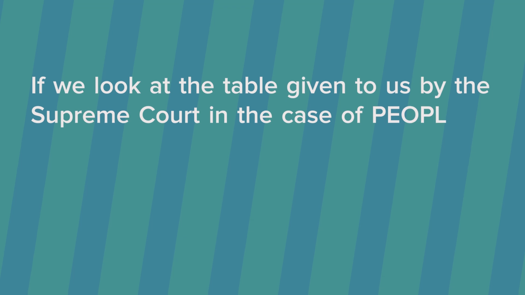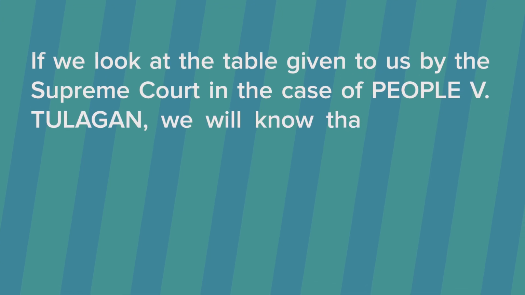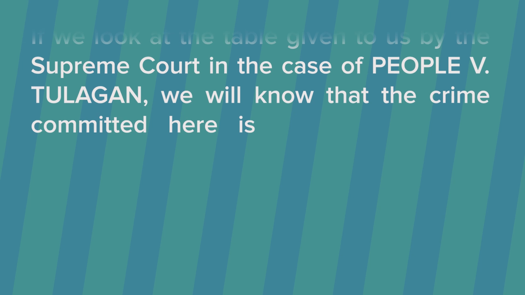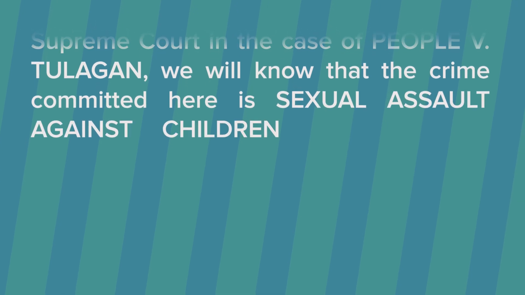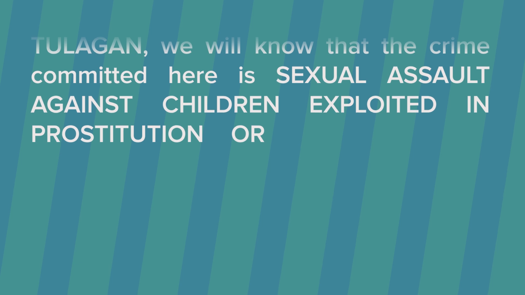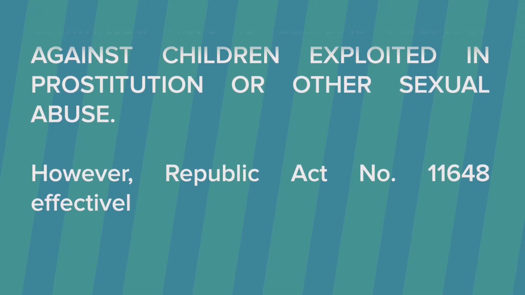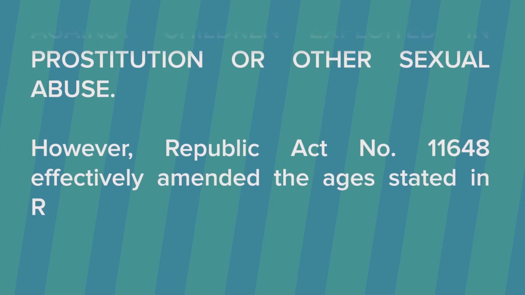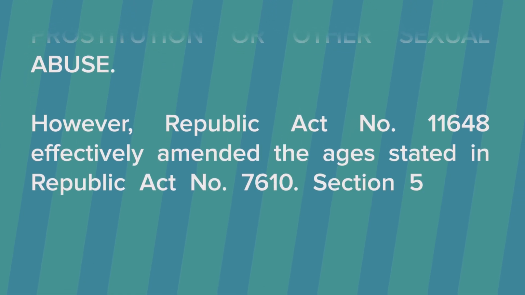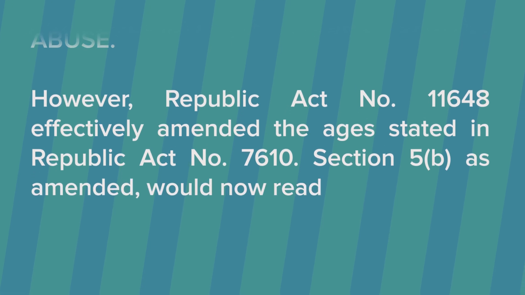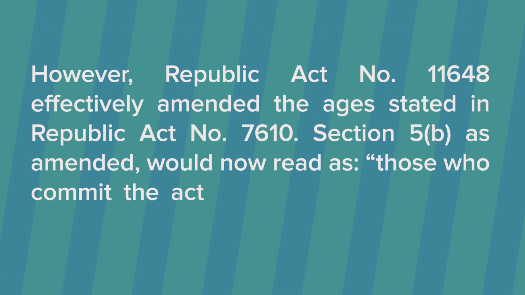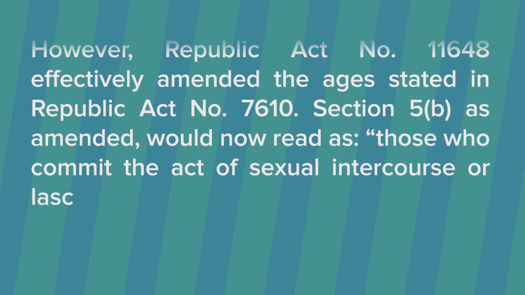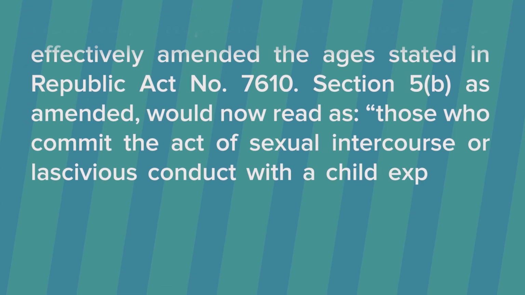If we look at the table given to us by the Supreme Court in the case of People versus Tulagan, we will know that the crime committed here is sexual assault against children exploited in prostitution or other sexual abuse. However, Republic Act number 11648 effectively amended the ages stated in Republic Act 7610. Section 5B as amended would now read as those who commit the act of sexual intercourse or lascivious conduct with a child exploited in prostitution or subjected to other sexual abuse, provided that when the victim is under 16 years